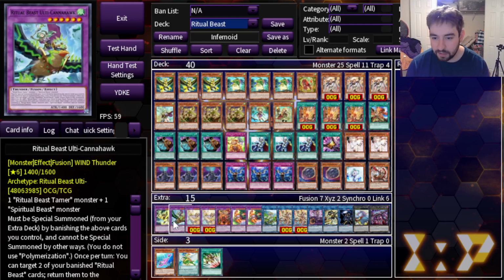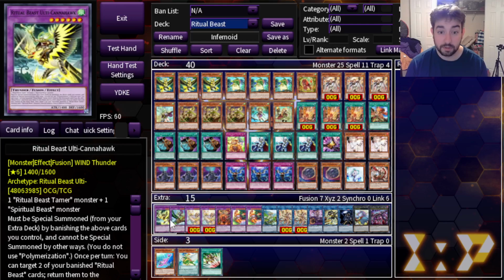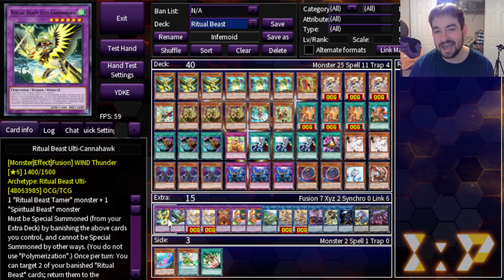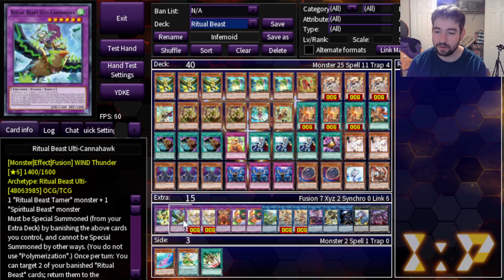Into the extra. 2 Ulticanahawks, just 2 different artworks for them. This is your main searcher, but it's not once per turn at all, so you just keep summoning it, keep putting it back in the extra, keep summoning it, keep putting it back. You play 2 because sometimes your opponent has a negate for one of them, or maybe otherwise if you played 1 and like a weird Kashtira Unicorn or a Buzz King,